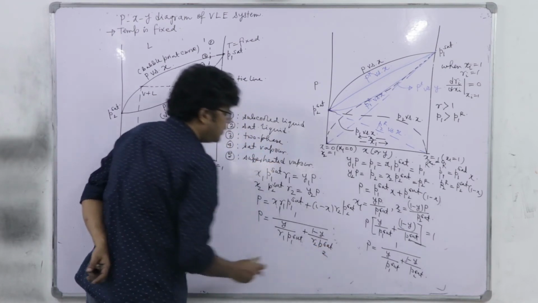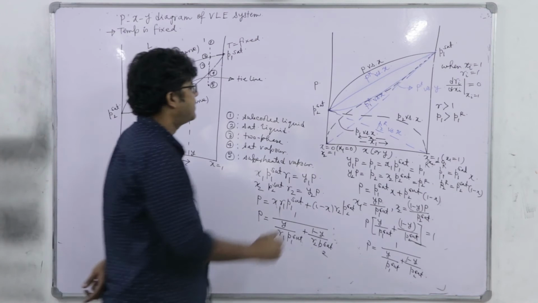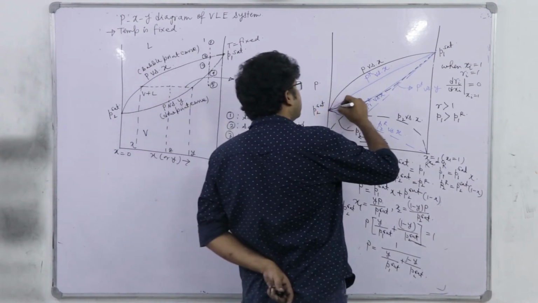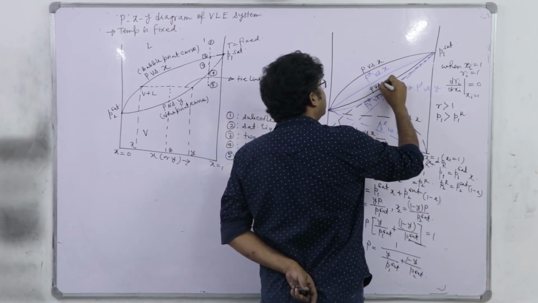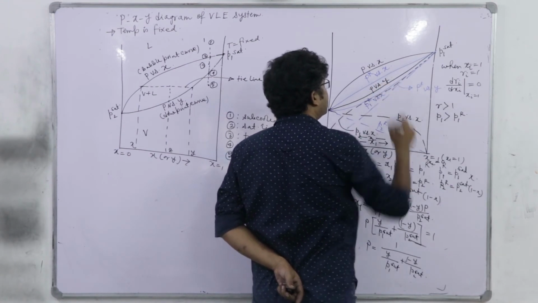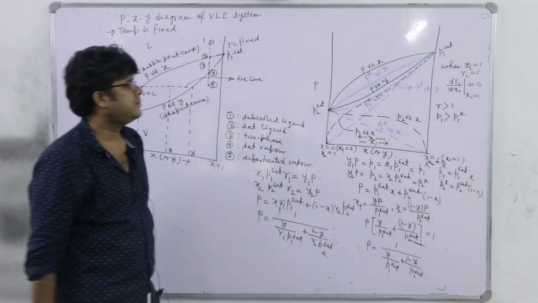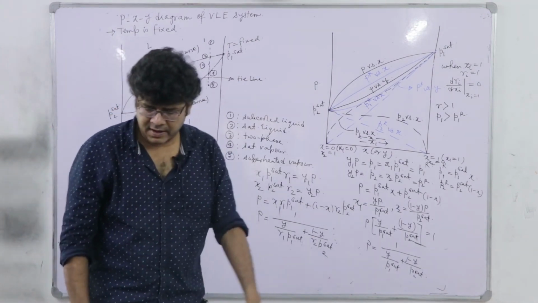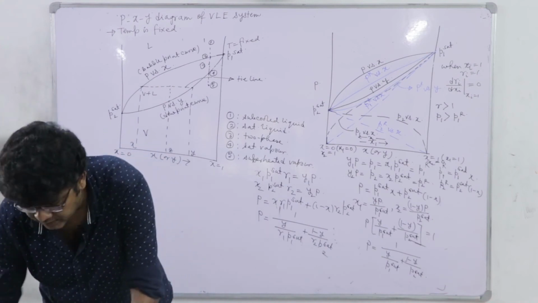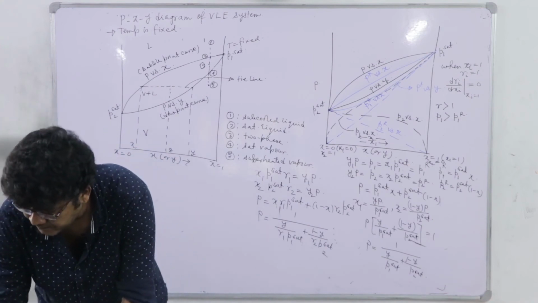Right. So, it is also nonlinear with y. So, P versus y, right. So, that is the overall representation of positive deviation, and you see we can think of systems like